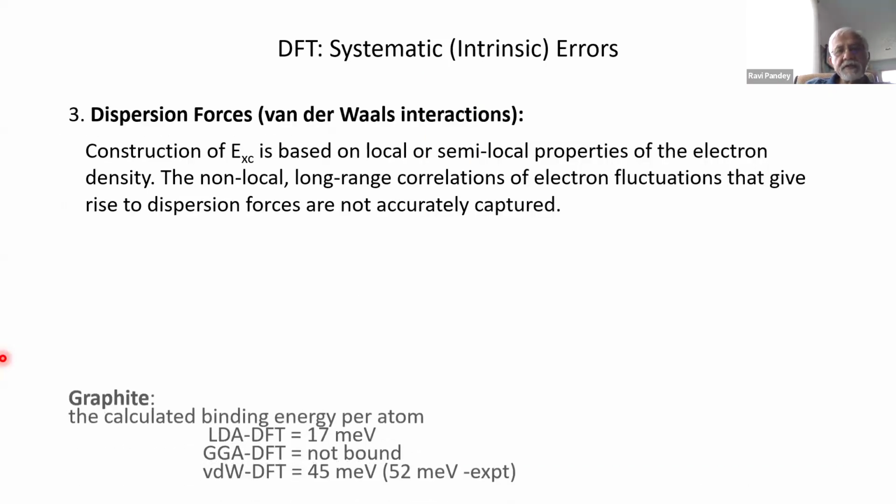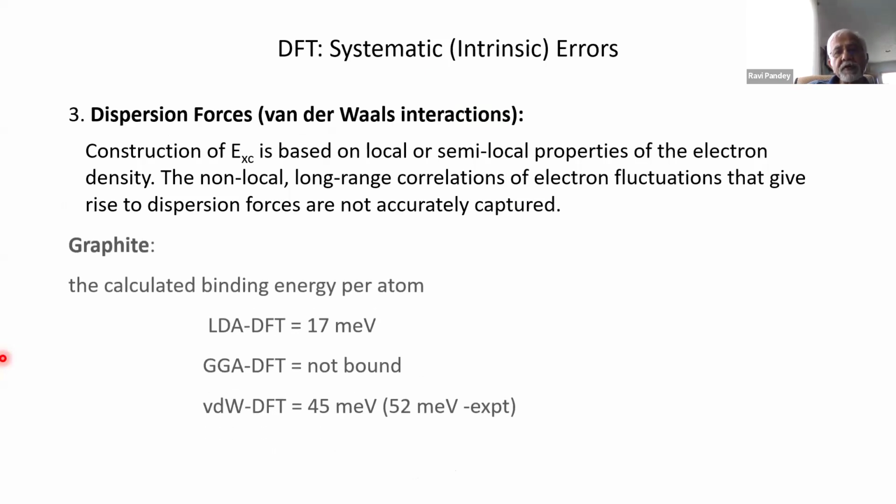Finally, what we have is the introduction of what we call DFT. It does not accurately take into account dispersive forces, or Van der Waals forces. The reason is that the exchange correlation functional form is based on local or semi-local properties of electron density. So you can see here, for graphite as a 3D material, if I calculate the binding energy